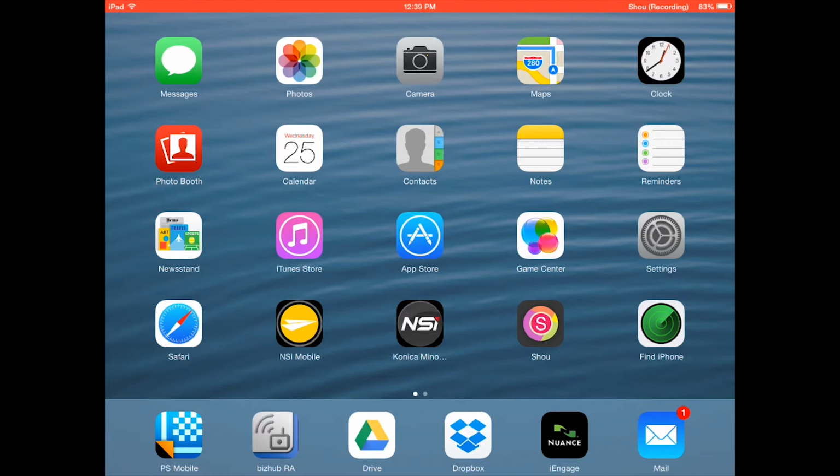We do strongly recommend that you go to mykonicaminolta.com and download the brochure for Pagescope Mobile, which will provide you with the exact compatibility of each model with Pagescope Mobile. However, today what we're going to be doing is showing you how to go to your App Store, download Pagescope Mobile, and then how to add an MFP or two to get you started using Pagescope Mobile. So the first thing that we're going to do is spend some time going to our